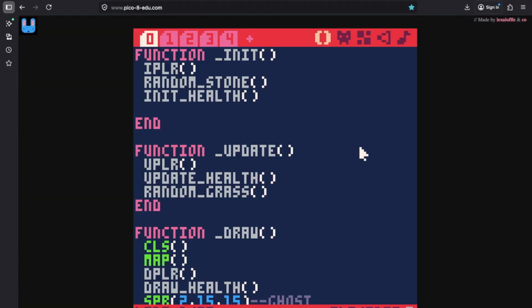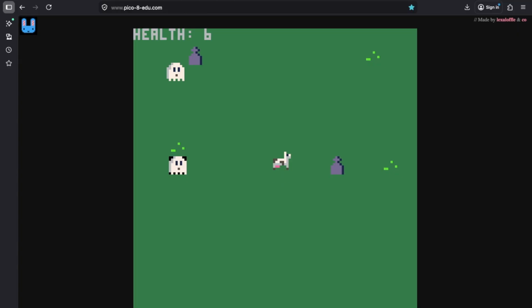So this is where my code is at so far. I'll start running it. And it has some issues. I can't walk through the graves, which is a good thing. I haven't figured out how to make the enemies work. You see up there in the health, when you come in contact with it, it's supposed to take off 1 health, but it goes way too fast. So I've got to find some way to slow that down.